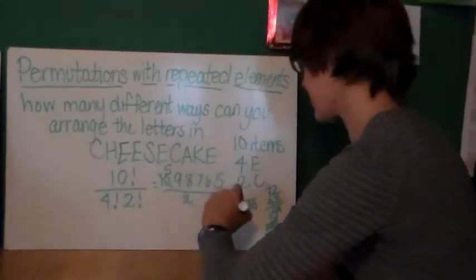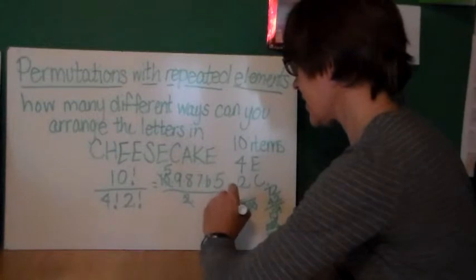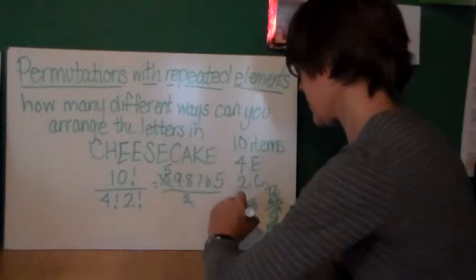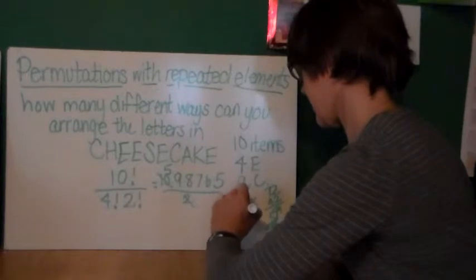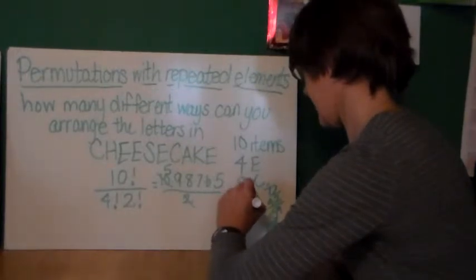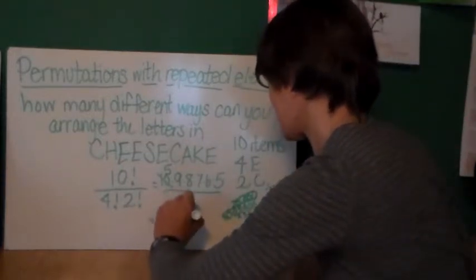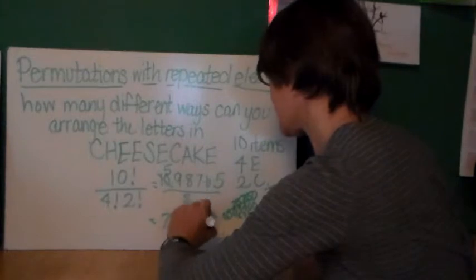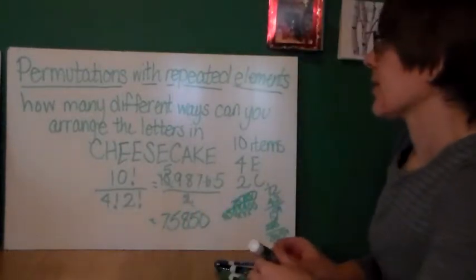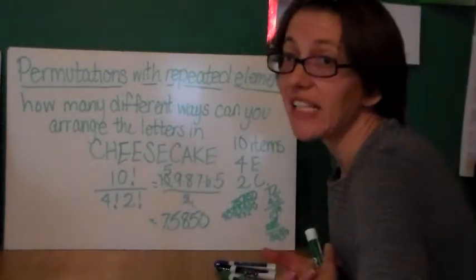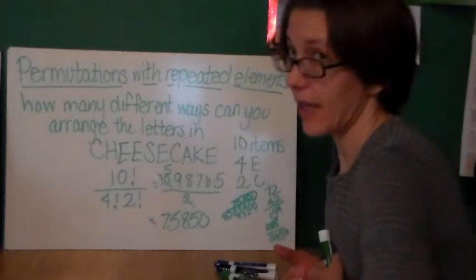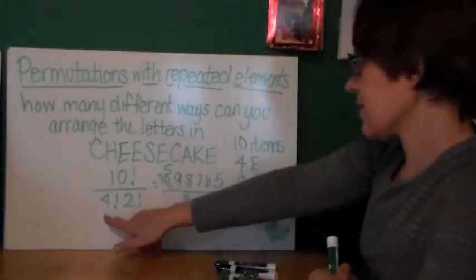To multiply by 25 quickly, I just multiply by 100 and divide by 4. So that's 75850. Okay, this would be a lot smaller than just doing 10 factorial because, as you can see, I cut